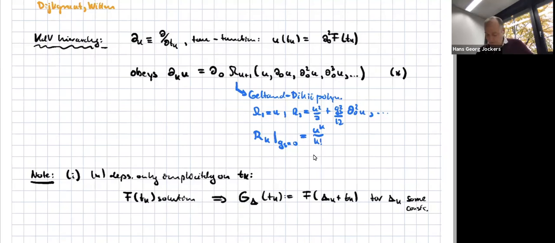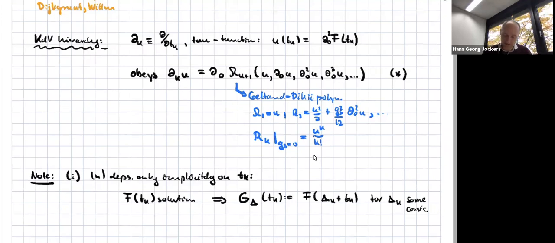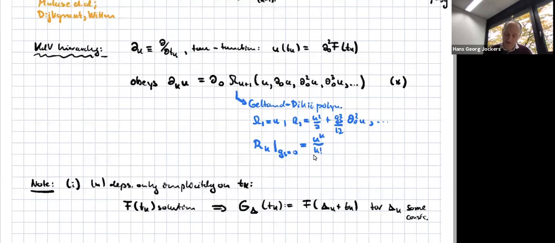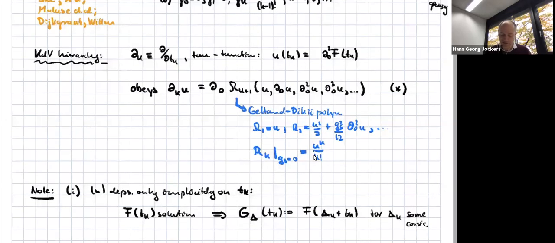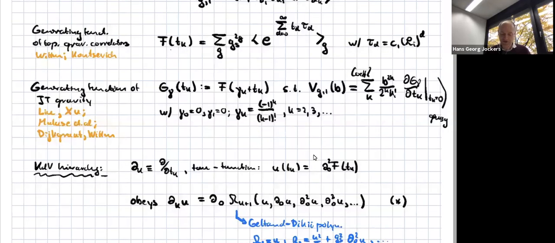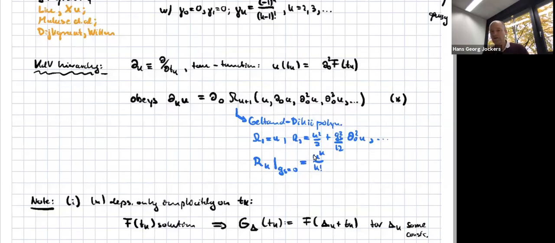Okay. And a particular case we have, a particular instance we have already spelled out. So the upshot is that the generating function of these topological correlation functions is a solution to the KdV hierarchy, but also this shifted generating function of the correlation functions in the context of JT gravity is also trivially, by this fact that there is no explicit t_k dependence in these equations, going to be a solution of the KdV hierarchy. Okay.